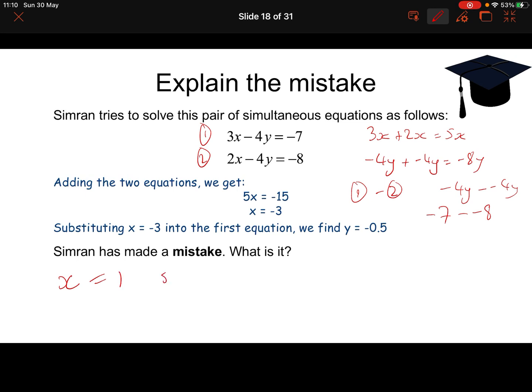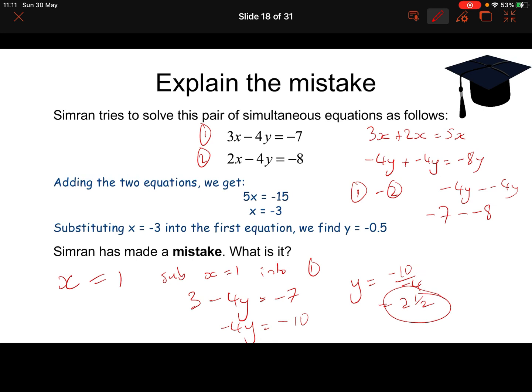Okay? Now sub x equals 1 into equation 1. So 3 minus 4y equals minus 7. Minus 4y equals negative 10. So y equals minus 10 over minus 4, which I think you'll find is positive 2.5. So there are my solutions. And you can check that yourself. Okay, put those values in and check it works for both of those equations. If I'm wrong, then you can let me know that I'm wrong. Okay, so we'll